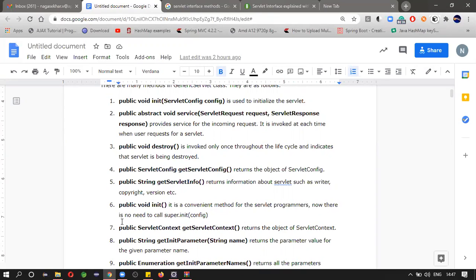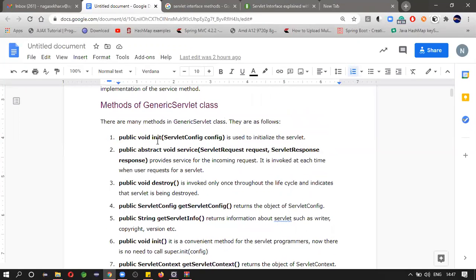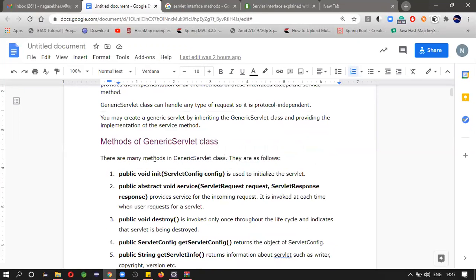Now, there is no need to call super.init of config. What will happen if you call the init method of this class? See, this is an abstract class, right? We are implementing the init method because it is available in the servlet interface.